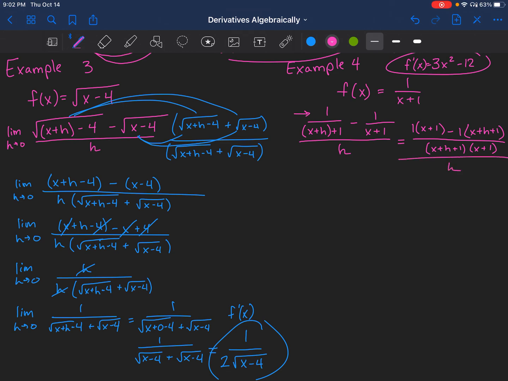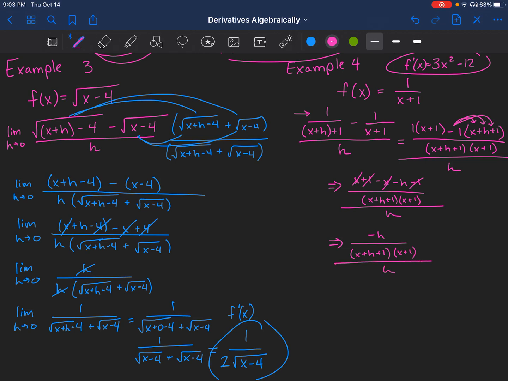All right. Again, this is still all over h, but I don't really want to worry about that all over h yet. I'm going to go ahead and still keep simplifying that stuff. So I'm going to write this down. So we've got 1 times x plus 1, which is just going to be x plus 1. And I'm going to distribute this negative 1. So make sure all these turn negative. So we've got minus x minus h minus 1 all over x plus h plus 1 times x plus 1 all over h. So we're going to start canceling x minus x, positive 1, negative 1. So I've got a negative h over x plus h plus 1 times x plus 1